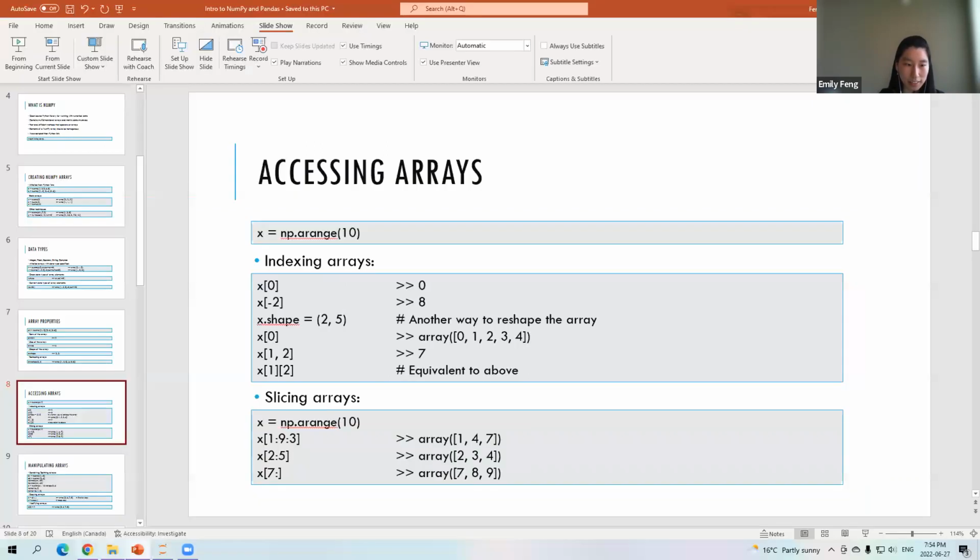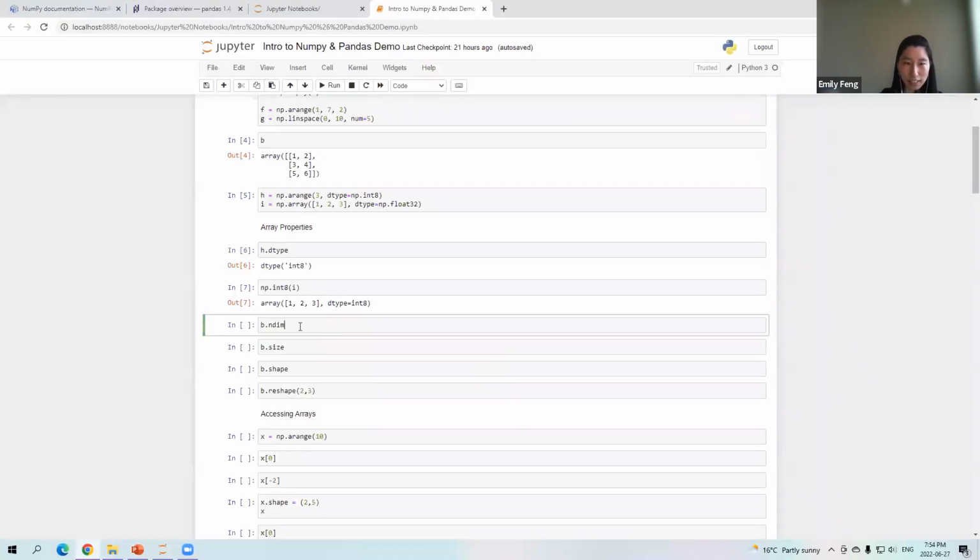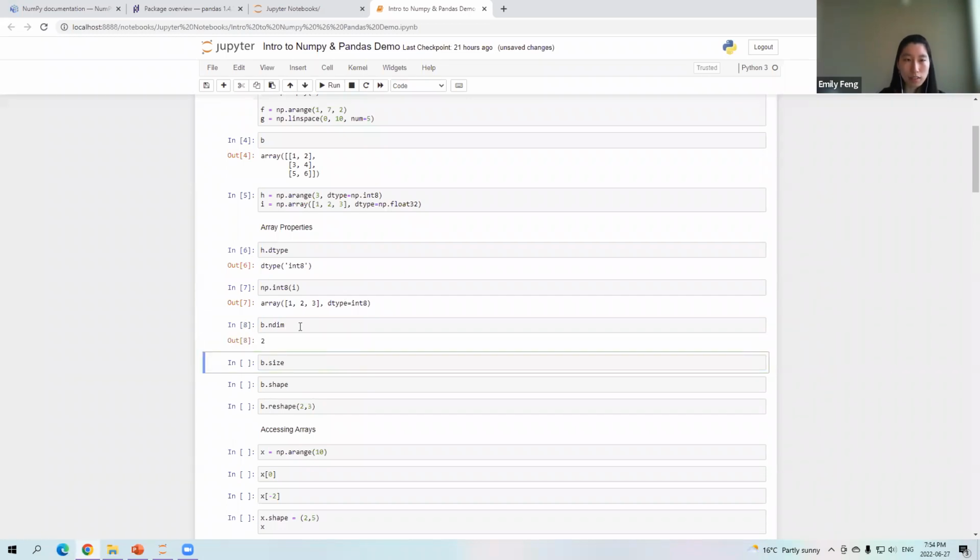Okay, I will actually go here and just show you live. So we have the dimensions of the